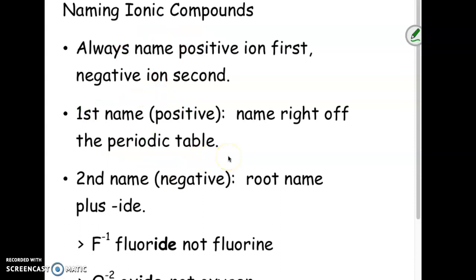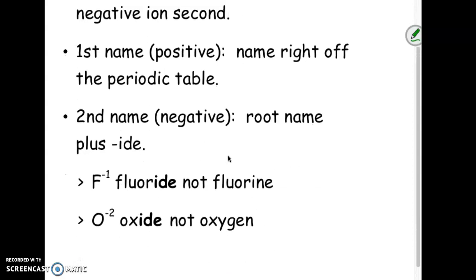So let's talk about naming some ionic compounds. Naming is the same sort of thing. We always name the positive ion or the metal first and the non-metal or the negative ion second. That metal, that positive ion, the name is right off the periodic table. It does not change, just like you were seeing before in those previous examples. Now that second name, that non-metal name, the root changes to IDE. So for example,